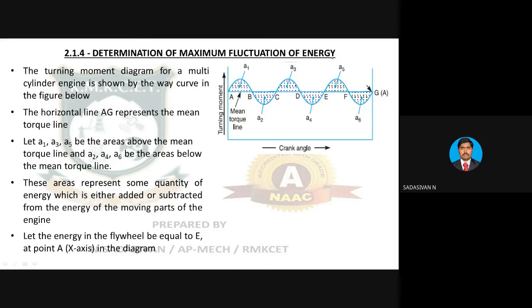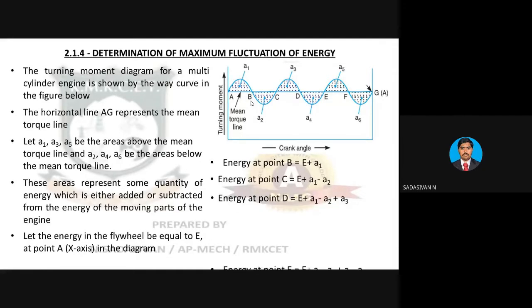And finally, when you come here, you will see that you have returned back into the same place because this entire thing is a cycle. Here, whatever may be your problem, you will get again E here. Everything else will get cancelled out, numerical values. So you have come to the starting point again. The cycle repeats itself every time. So the energy at point B is E plus A1. Energy at point C is E plus A1 minus A2. Then E plus A1 minus A2 plus A3. Then E plus A1 minus A2 plus A3 minus A4. Same thing until the last.